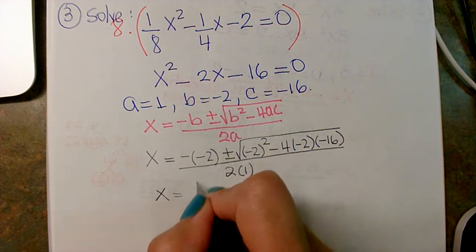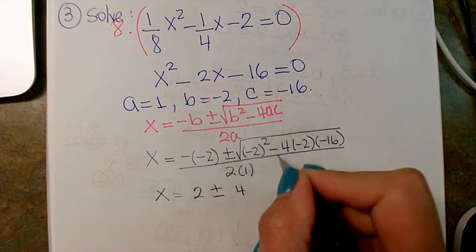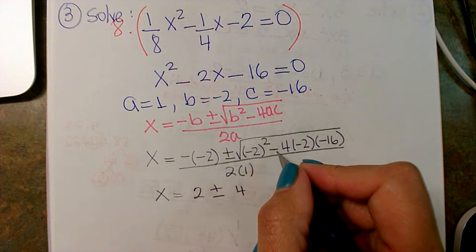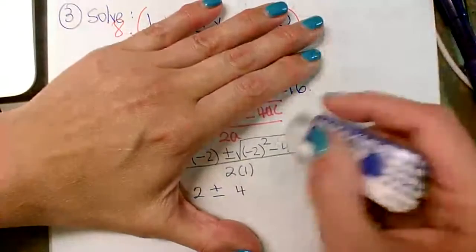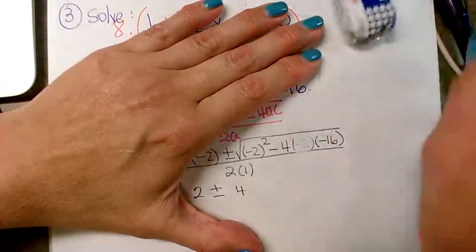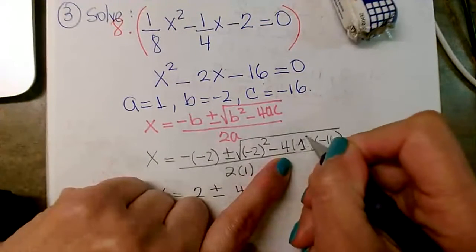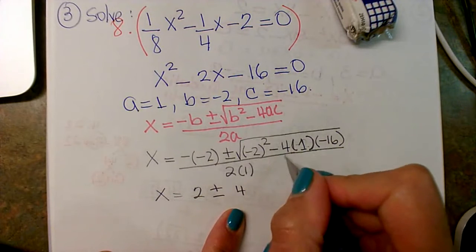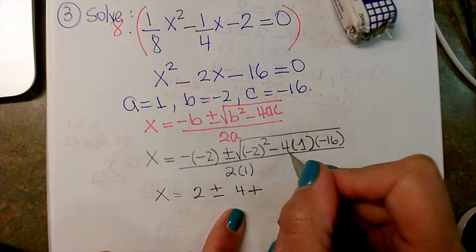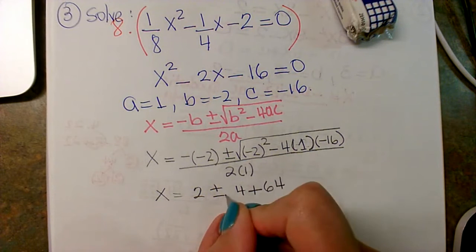Okay, so we know this is going to be positive. We have a 4 here. Oh, here's a mistake, guys. You didn't cut it. This is A, and A is 1. So that's going to be positive, and 16 times 4 is 64